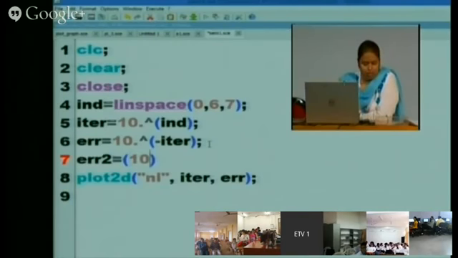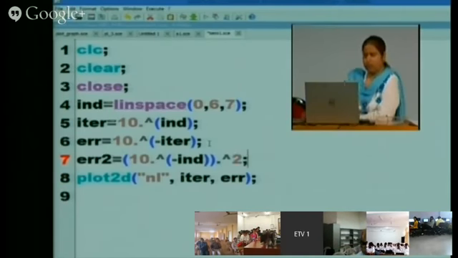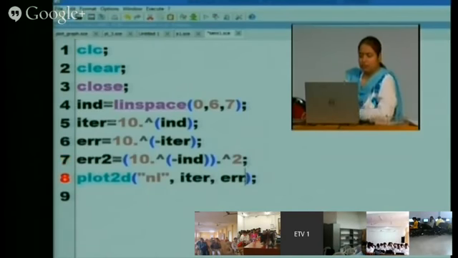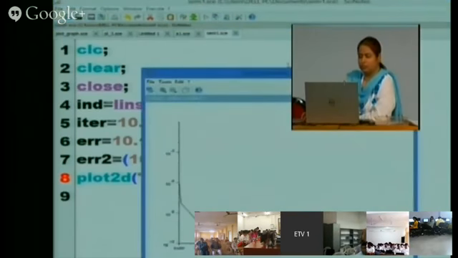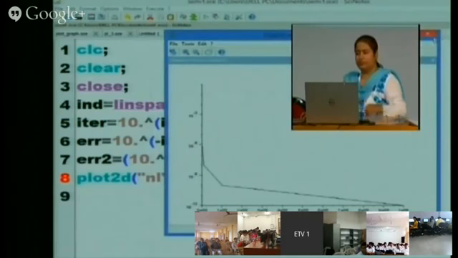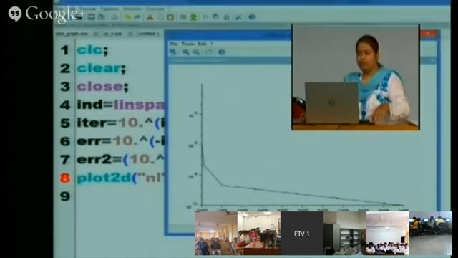Another creation of error is there, raised to power minus like this. So next, moving towards the